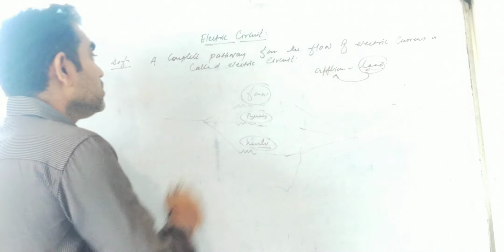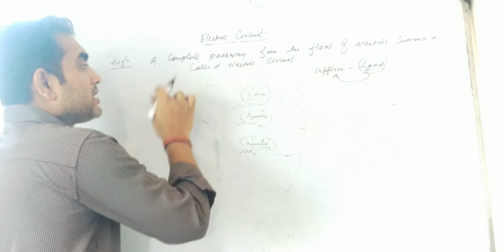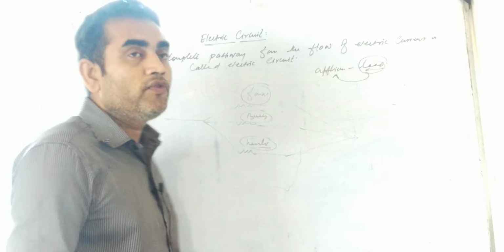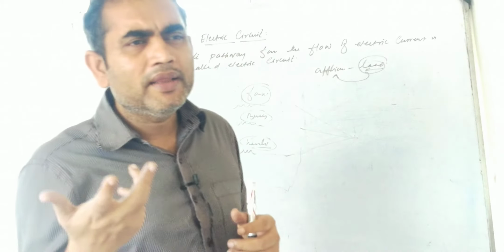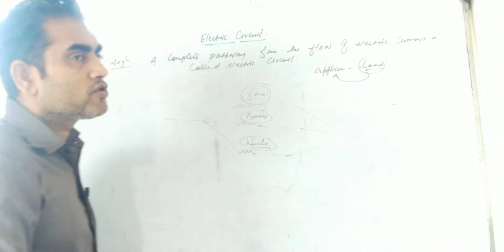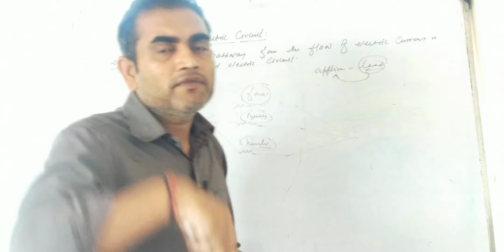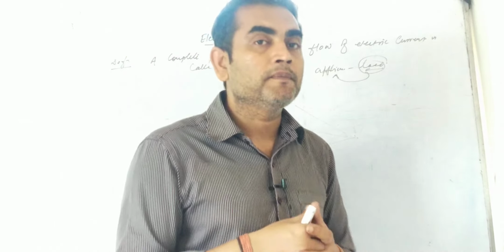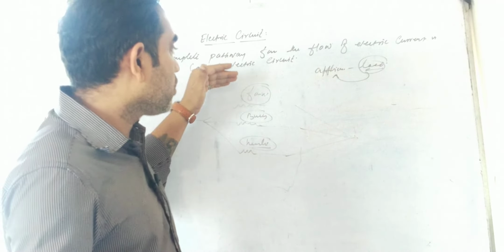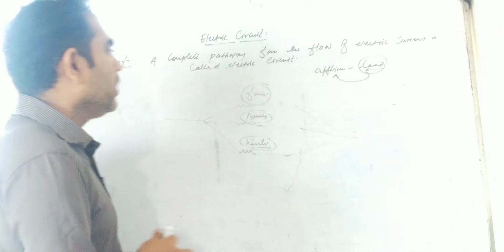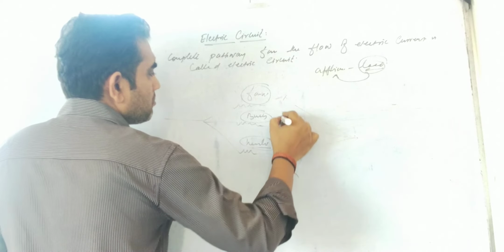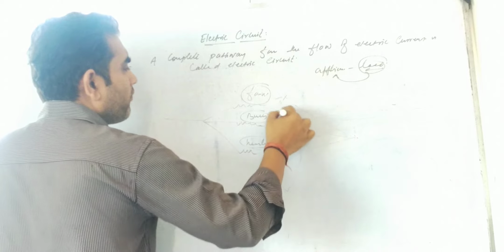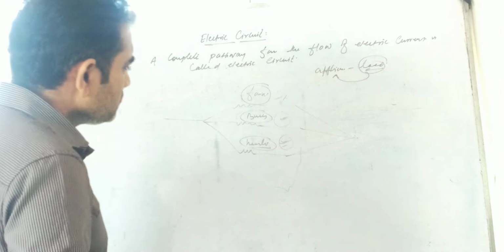The circuit that we use in our home is said to be a circuit in parallel. At our home we have a separate switch for the fan, a separate switch for the bulb, for our mixer, geyser and anything, for the fridge. So we have separate connections. Whenever this type of circuit is made, that is said to be a circuit in parallel. Each and every appliance has its own circuit. So if one appliance goes out of order, the others will continue working. It will not affect the functioning of the other devices.